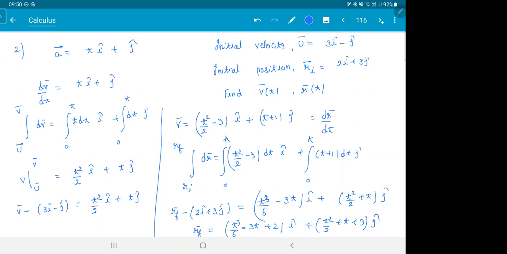If you understood these two questions, I think your calculus is good enough. This much you will be able to handle in 11th and 12th physics. These things are quite similar to what you have done before. Only thing here, i and j are coming in the picture. Other than that, everything else is same. So with this, we are done with the calculus.